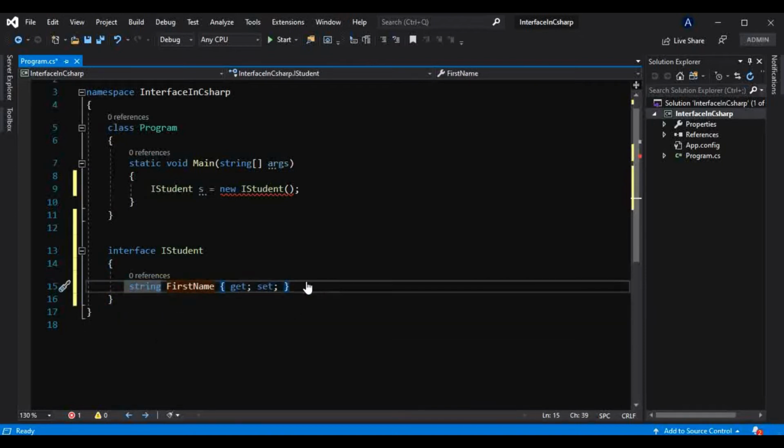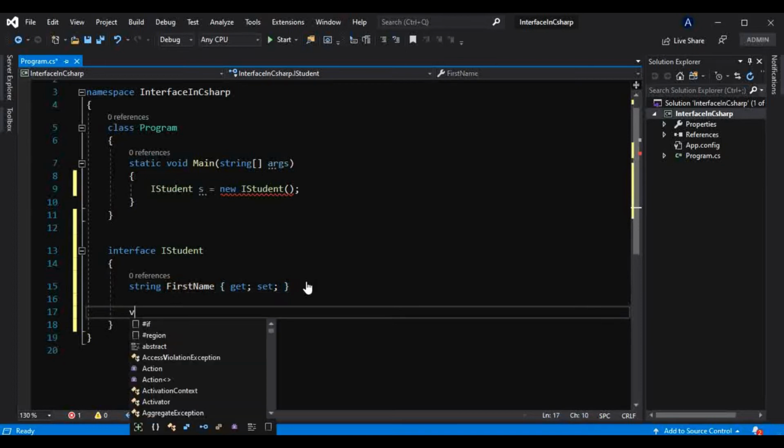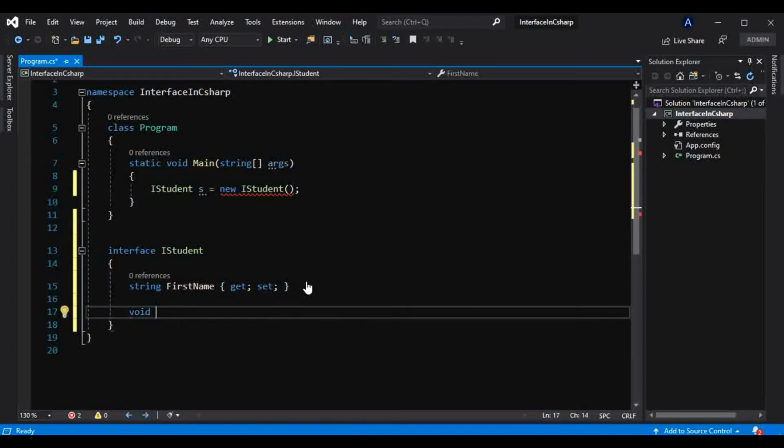So this is nothing but a property, and I can also have a method, void print details, or maybe print full name, like this.